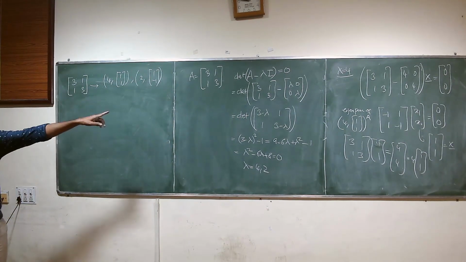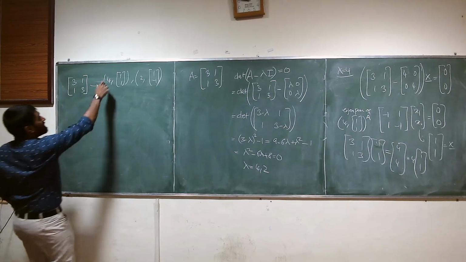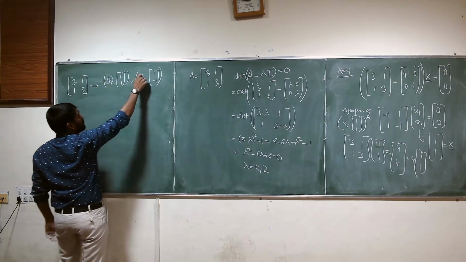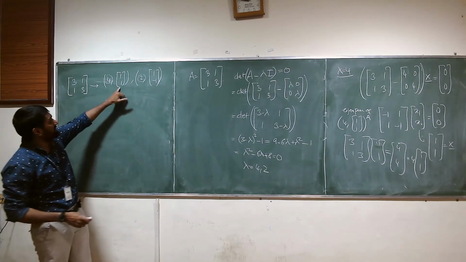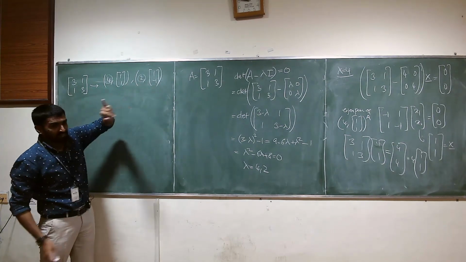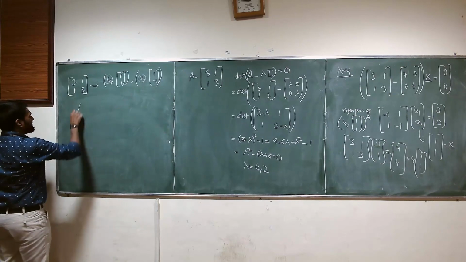This is for a 2 cross 2 matrix. And for a 2 cross 2 matrix, we got two eigenvalues. And at least in this particular case, we got two corresponding eigenvectors. Now, if you take a general n cross n matrix,